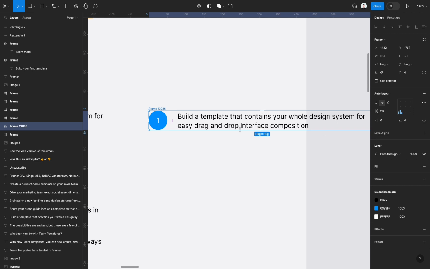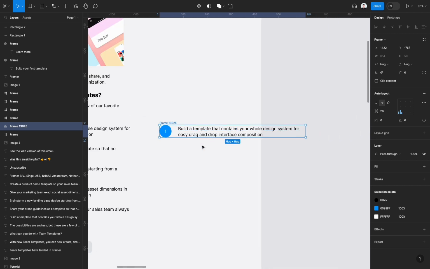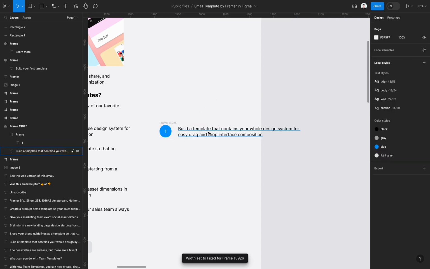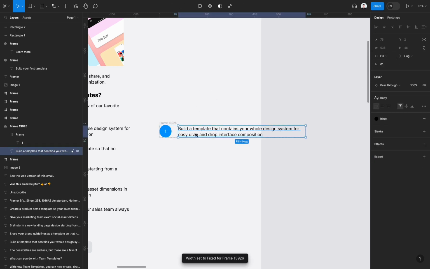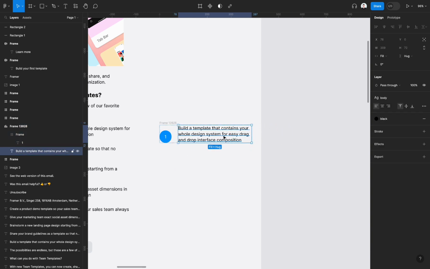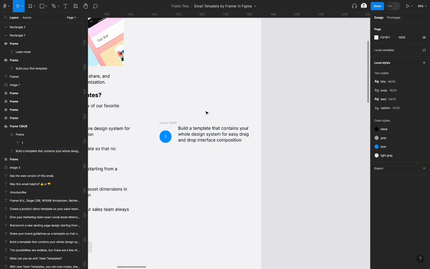To adjust this block, you can use the right sidebar here, go to the auto layout section, select the text block, and set fill container for this block. Once you select fill container for the text inside the auto layout, when you change the width of the parent frame, the text will fill this container. And